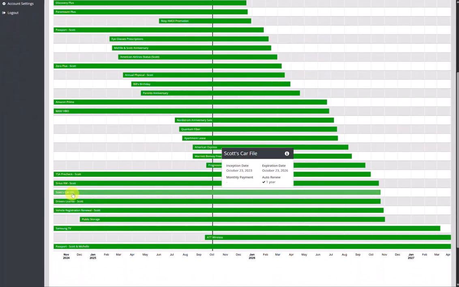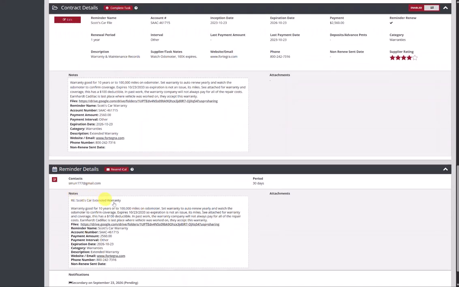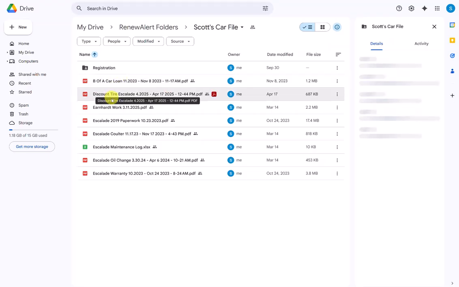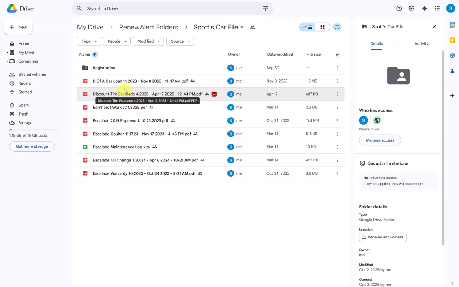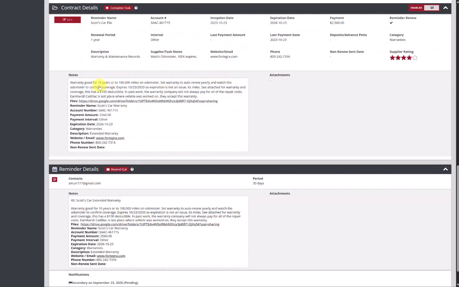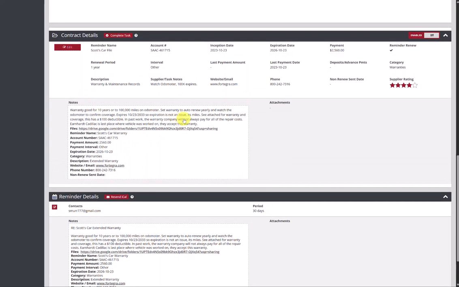We've got a car. If you go in and get an oil change, you can upload it in the documents there, and then you've got actually a file you're building on your own vehicle. So you can see here, we've got the different information on the car, the maintenance log. I even have oil change, warranty. So I've got everything here available with details on my warranty, how much the warranty was, phone number, who the warranty company is. So I've got a whole vehicle file here, and this is set at 1 year intervals. So I've got an expiration date 1 year out, reminder renew, renewal period is 1 year. So this is going to continue to roll over each year for me to check in on and update as needed through the drive.